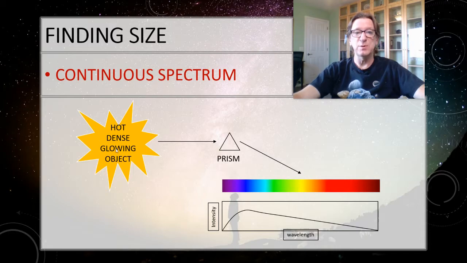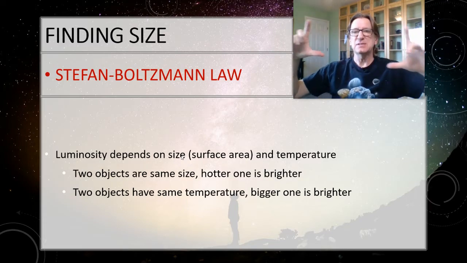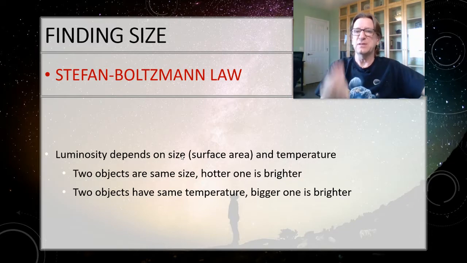So just as a reminder, we produce that spectrum this way. We take the light from our star, we shine it through the prism, that breaks it into the rainbow, and then we use a sensor to detect how bright, how much energy of each of these colors we're getting to measure its intensity. So the key thing here, we're talking about the Stefan-Boltzmann law, but again, think of it more as a tool. The luminosity depends upon the size of the star and the temperature of the star.